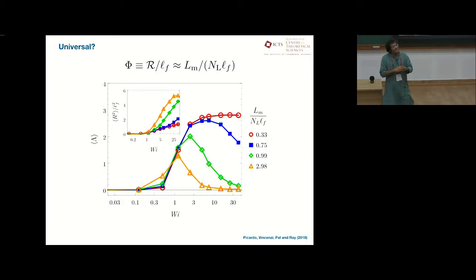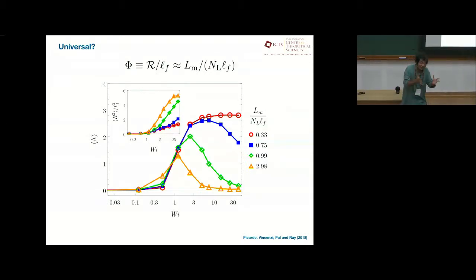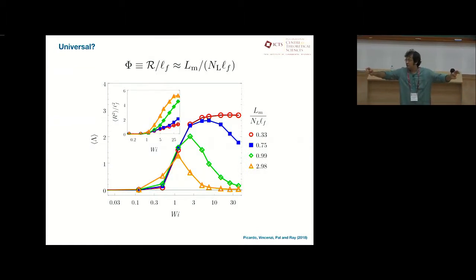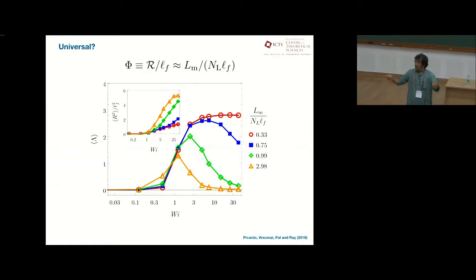You have a given flow, and so it has a given time scale, a given length scale, everything is given. And you are allowed, from a toolbox, to construct your own chains. So you have a given material, let's say material X, which has a given elasticity. Now you can take a chain of length Lm and put in 10 beads, so you will have small links connecting these beads, or you can put in 100 beads, and then the links will be even smaller.